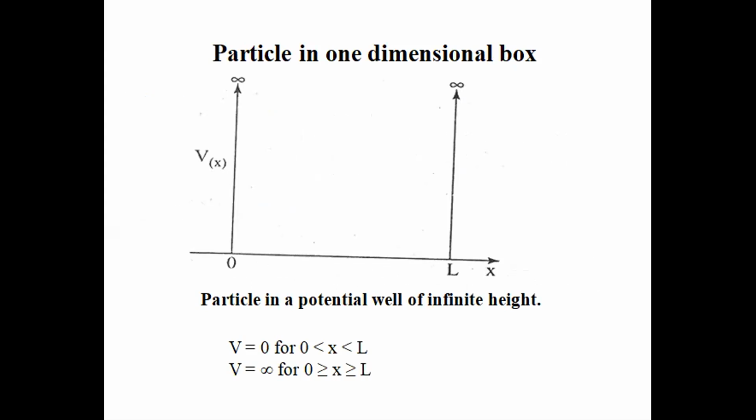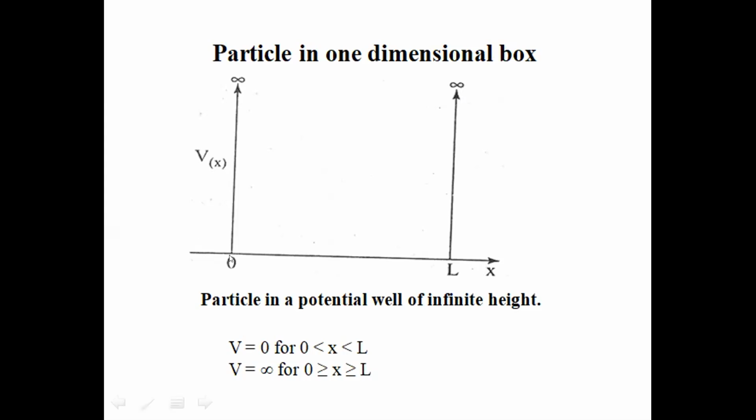Here the particle is nothing but the electron. A one-dimensional box is nothing but when the electron is in its unit cell, when it is rotating in the crystal, we consider it as being in the unit cell. The limitations are as represented in the figure: x equal to 0 and x equal to L, at the limits.